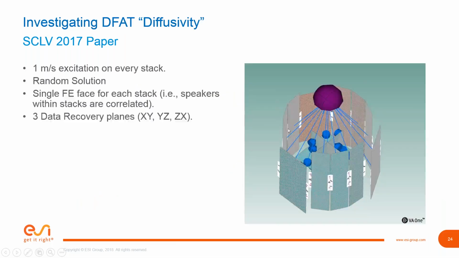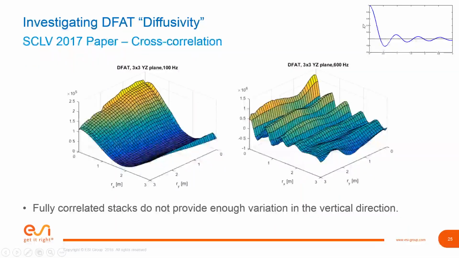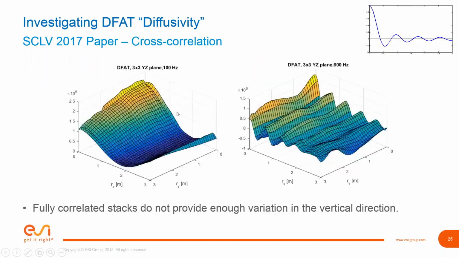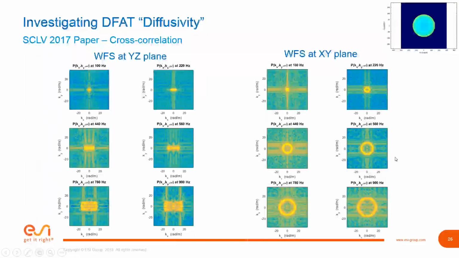And you want to try to run your simulation and calculation and see for some representative recovery surfaces, does it look diffuse? So one of the points of our study here is to show that the vertical direction, because all the stacks are in the horizontal direction here, you can see these are all perpendicular to the ground, all the different correlated speaker faces. So we can already show in the plane that's parallel to the ground, it doesn't look very diffuse. It doesn't have the character of a diffuse field. You can see that by looking at this plot,